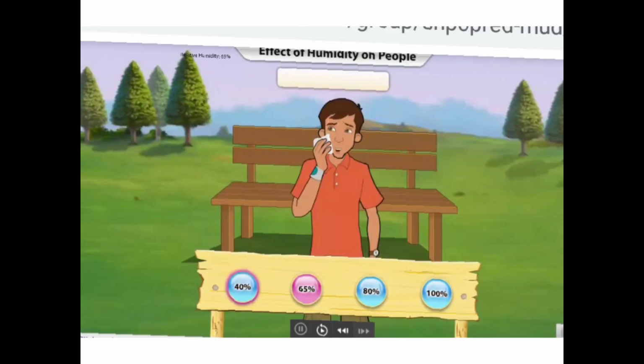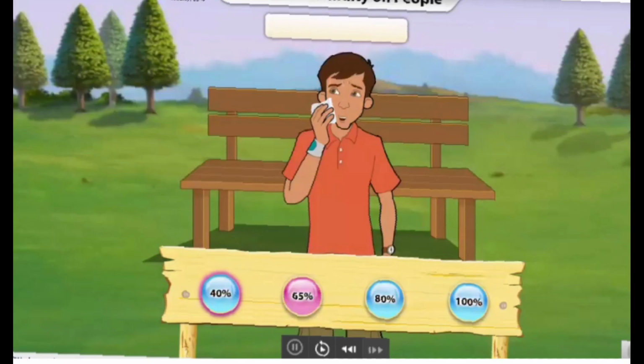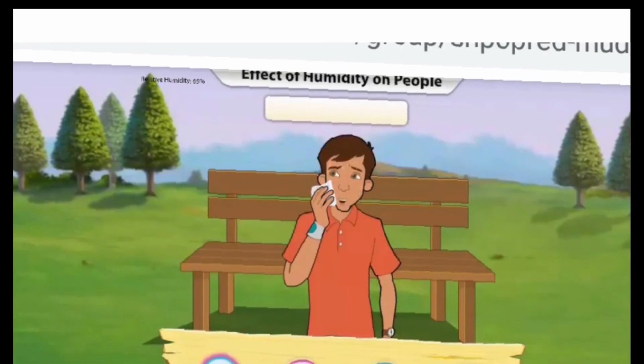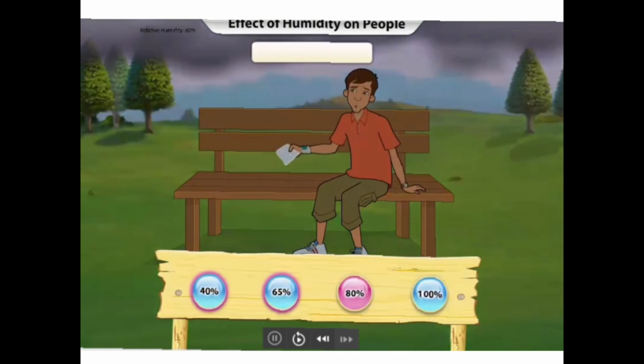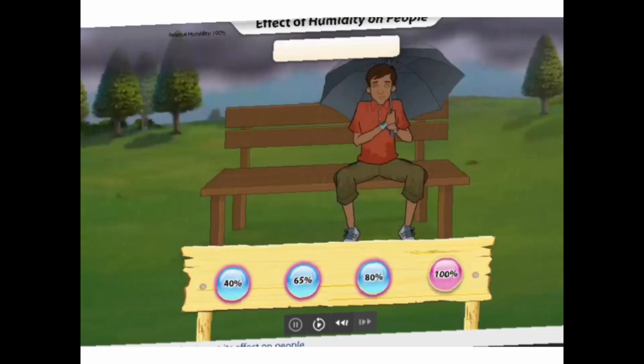Now the next day the humidity is 65%. He is sweating, see, he is sweating. So when it is more than 60%, you will start feeling a little humid. And if it is 80%, then he will feel okay, it's a cloudy day, it might rain. And if it is 100%, he has to open the umbrella and sit along with them because it has already started raining.